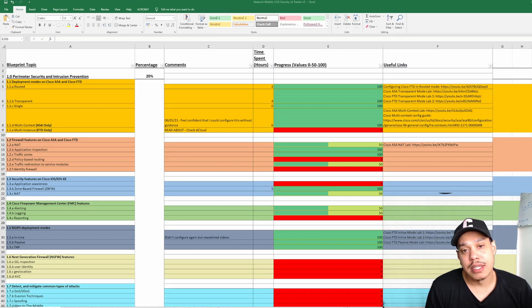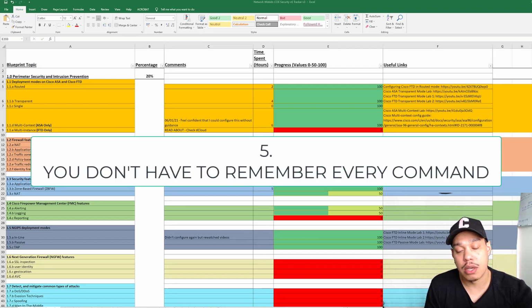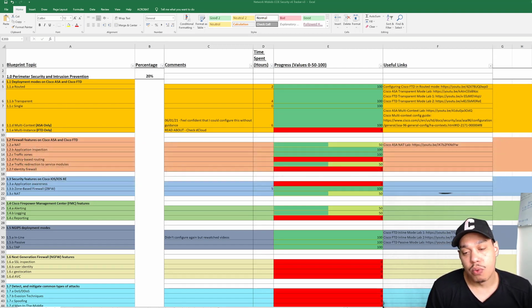Now, I'm here to tell you with this 5th point that you don't have to memorize or even try to memorize all the commands. And the reason why is because there's a little caveat there actually, but I'll go into that after. The reason is that in the CCIE exam, you actually get access to the Cisco documentation. So you can easily go on there and look for what you need in order to remember that specific command or process that you may have forgotten,